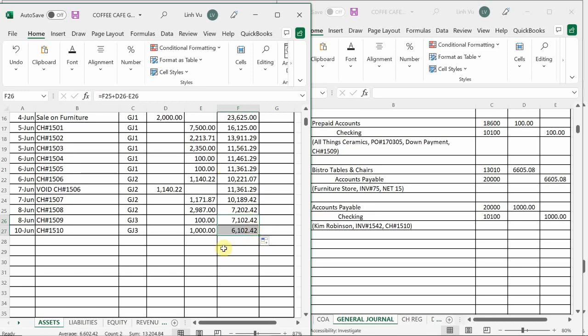I owe a lot of money so far. That's the reality of opening a brand new business. You have to invest a lot of money. You have to buy things and know a lot of people. So now that I have my journal and my ledger,